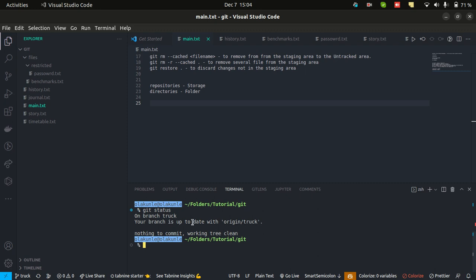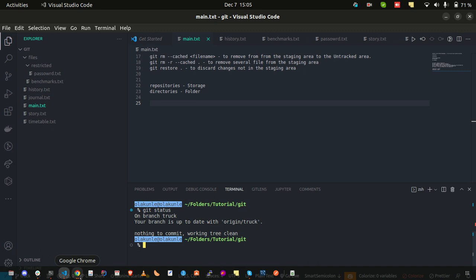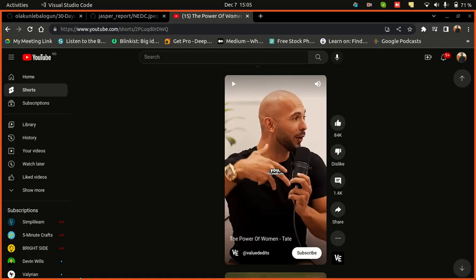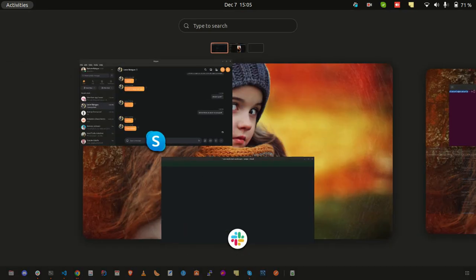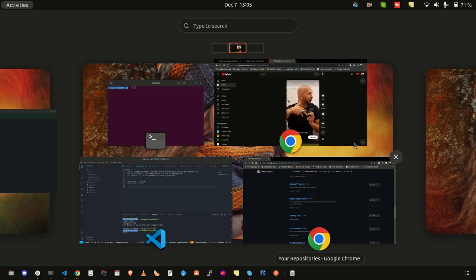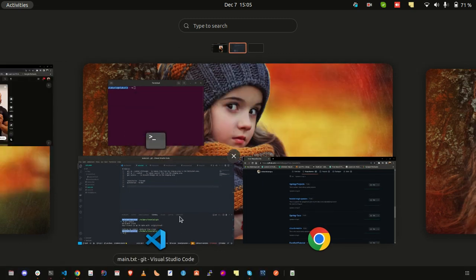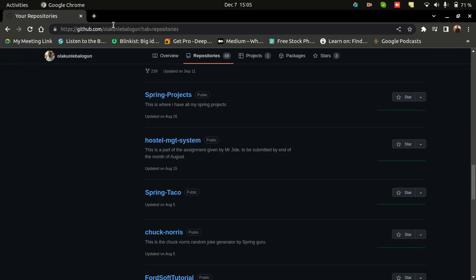Now I don't know if we added the remote that day. Did we add it to GitHub? Yes, yeah, we did that, Abi. So from what we did that day, we are supposed to look at this app. I'm trying to look for a repository that